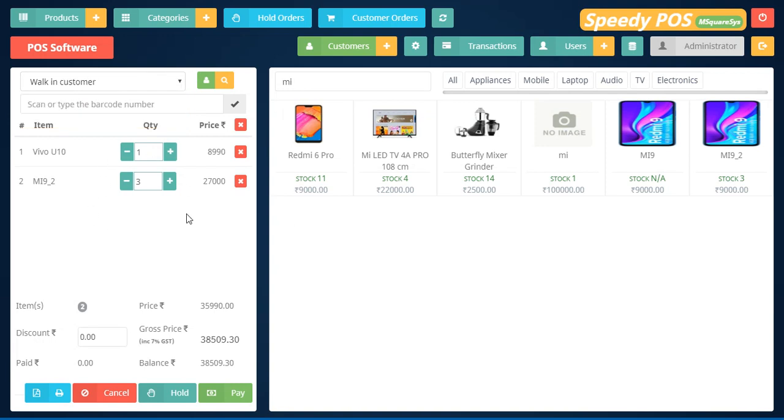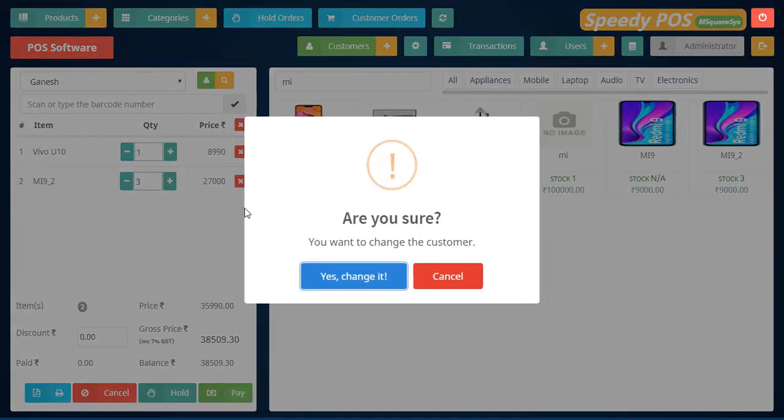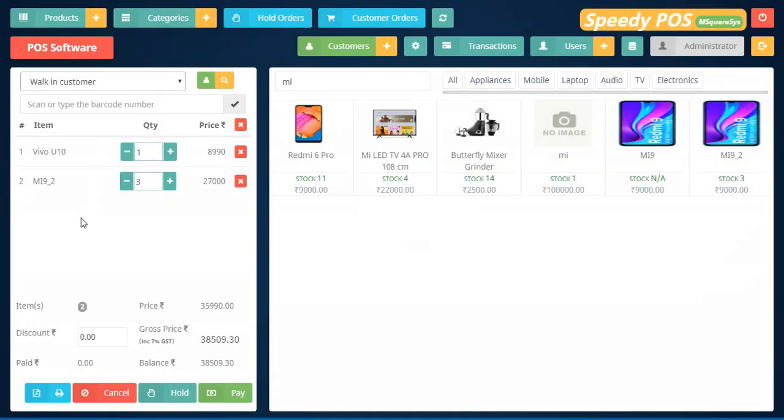So those who are maintaining accounts, you are maintaining the account of Ganesh and Sagar. For them, you can sell with the balance also. Whenever you are selling some items, you can keep the balance and account history for your regular customer, maybe a wholesale customer, you can assume that. For a walk-in customer, there is no way to maintain the balance amount. So now I am going to select Ganesh.